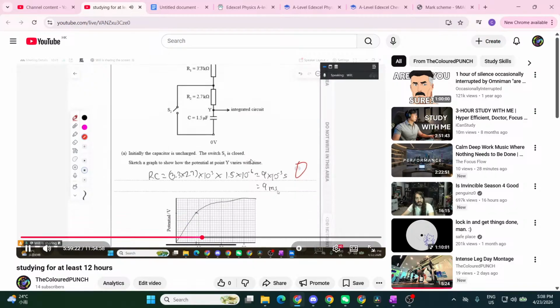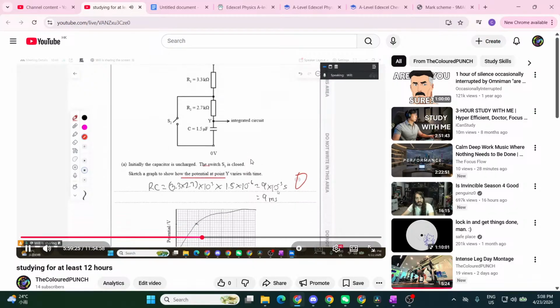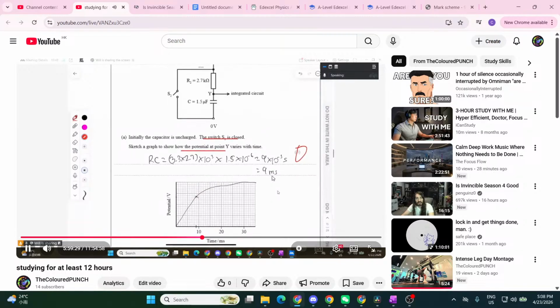Use the RC to sketch the graph and show how the value is. The value is